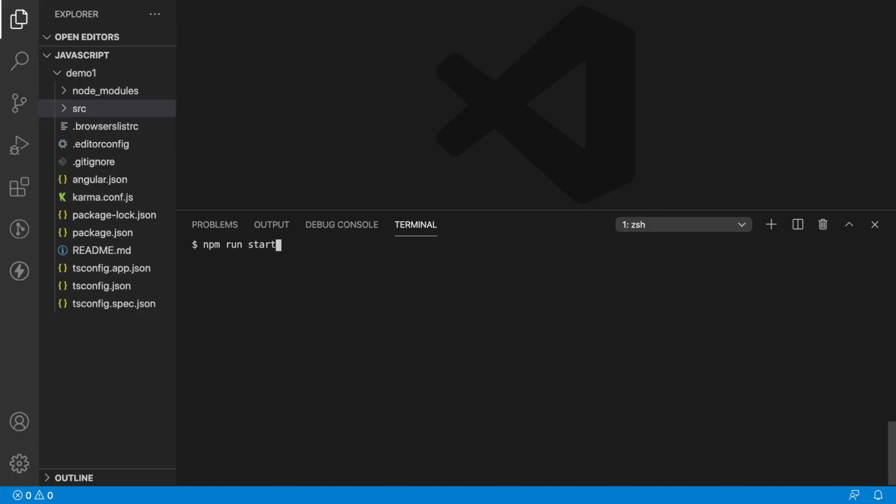It will be running on the default port 4200. Let me use ng serve. Hit enter. Okay. So now it is saying that we are not inside the Angular project. So before running ng serve, ensure that you are inside the Angular project. So cd demo1.